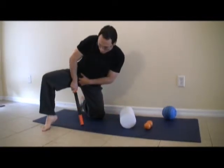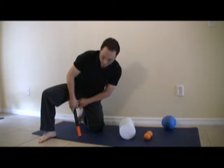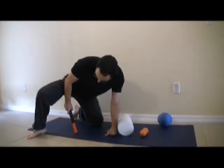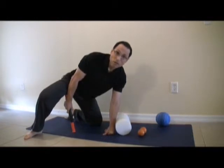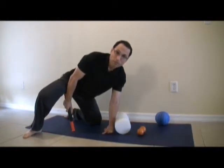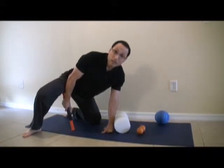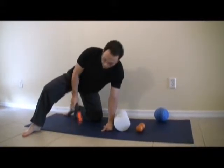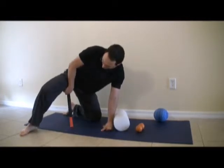Okay? So what you're going to do is, if you don't know where your muscles are, you would just go by the tight spots. You would find those tight spots. Okay? And here I have it on my adductor. And all I'm doing is putting my body weight into it. Okay, putting my body weight into it. And I'm going to stay here, let it release a little bit, come off, give it a break for a few seconds, go back in, let it release a little bit, till one spot released,